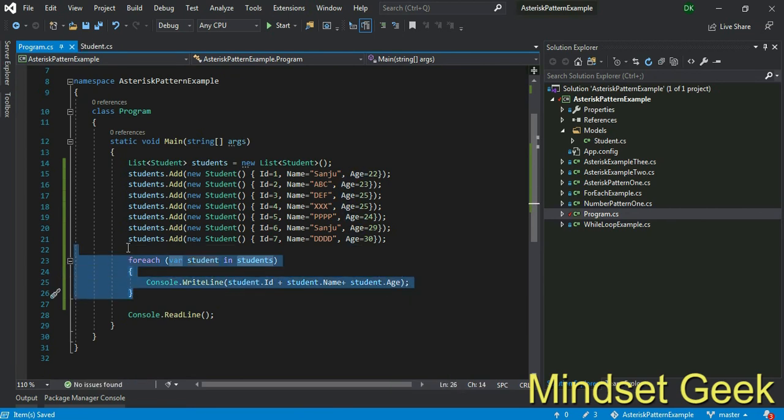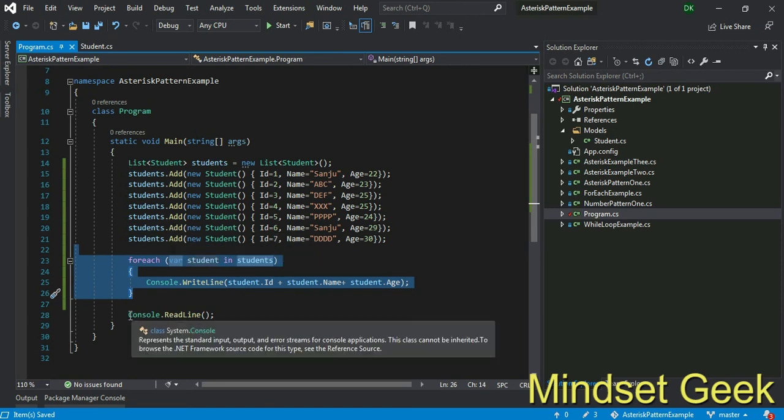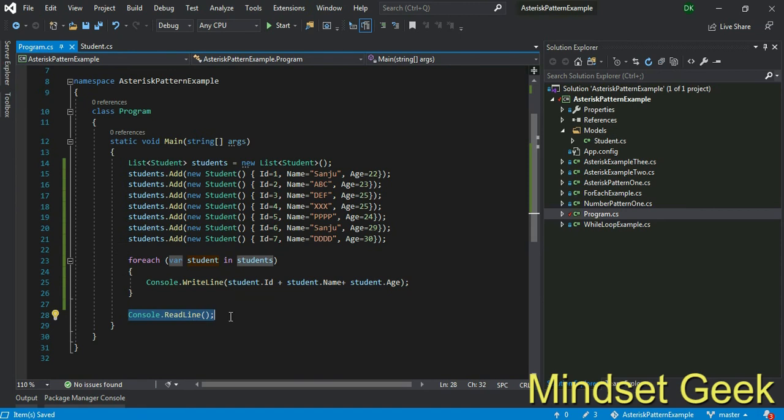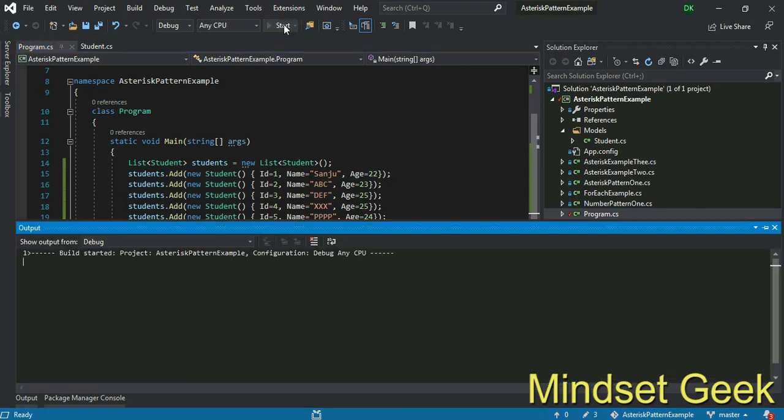This will iterate all your results one by one. Then use Console.ReadLine. The reason is I want to keep my console alive, right? Otherwise we don't need this one. Check that.